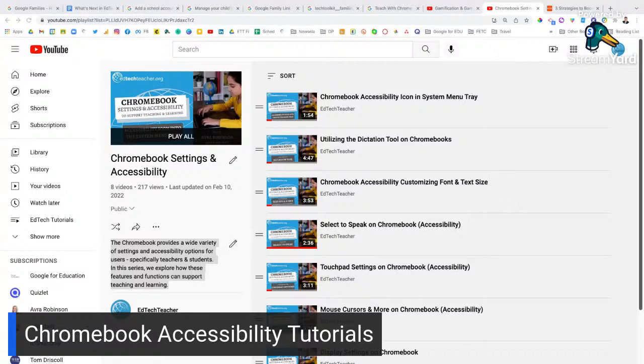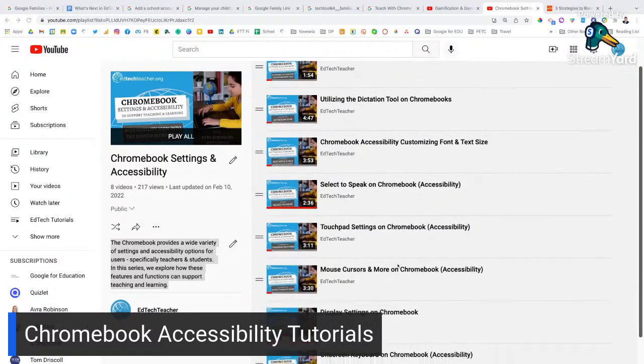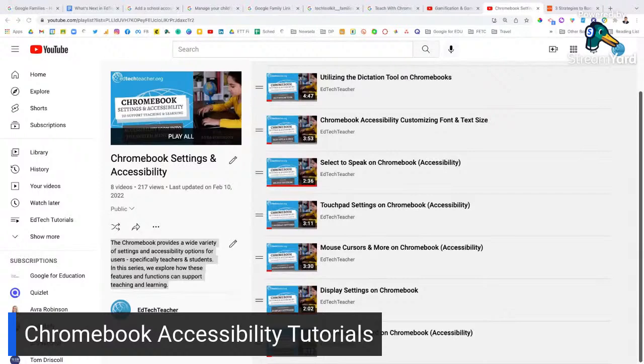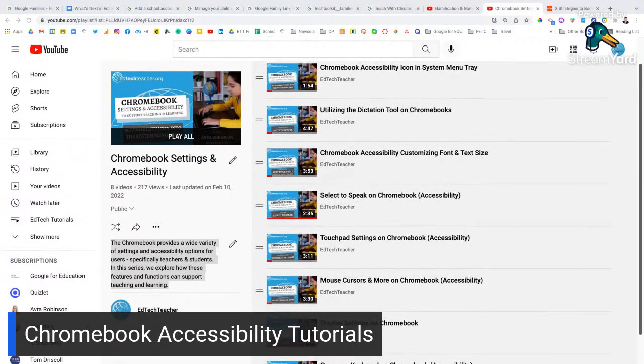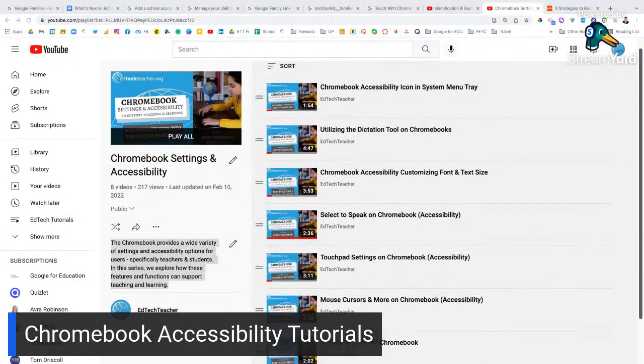And there's a lot on the Chromebook that I think teachers maybe don't even realize is there. So things like being able to increase your mouse cursor, things like being able to increase the font size or turn on the dictation tool. As soon as schools went remote and my son came home with a Chromebook, I turned on a dictation tool for him. He was able to utilize that and be able to talk into the Zoom chat and ask to use the restroom, which was a key component to remote learning, right?